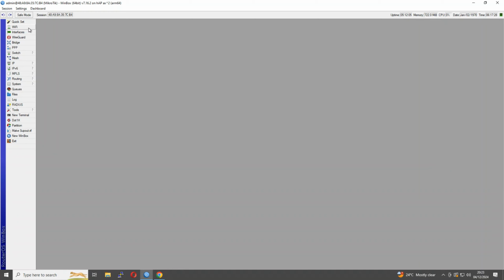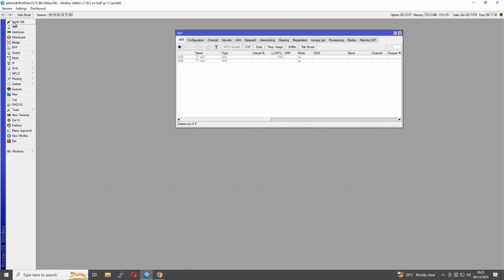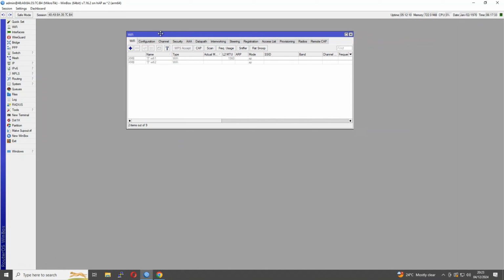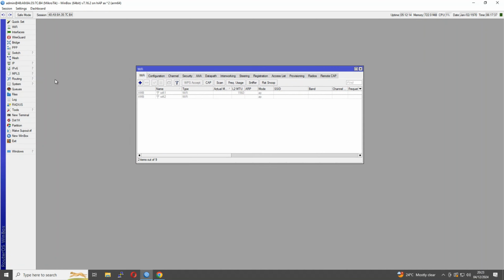The other thing that's gone now is that there used to be a CAPsMAN. It used to be configured in here. However, that's now changed. So I've got an article which I'll link in the description, which goes into more detail about this. But basically, this device I'm using now, I purchased quite a while ago, even though it's AX, and it had an older version of the firmware on it, which